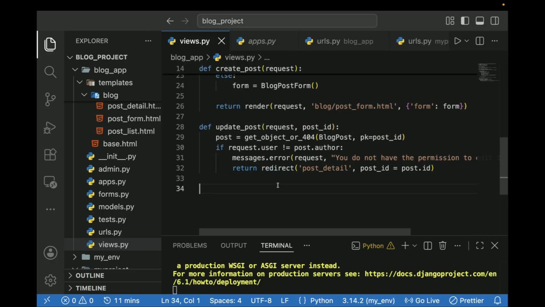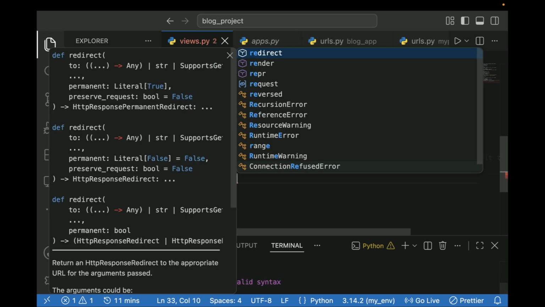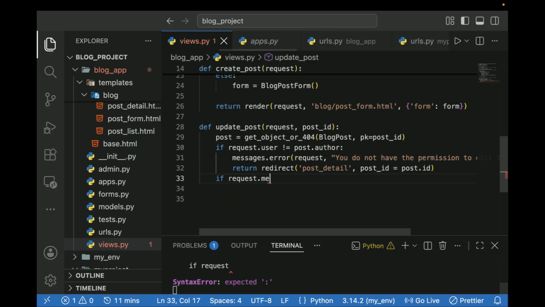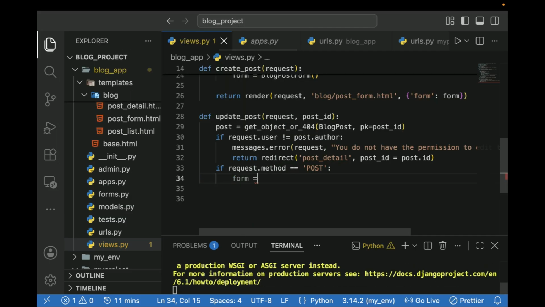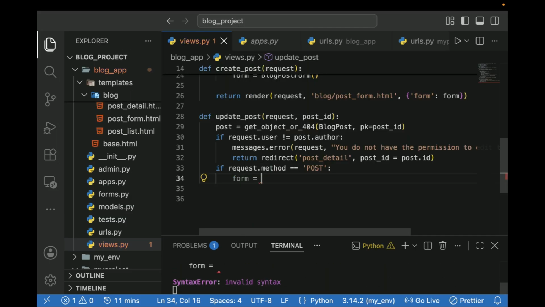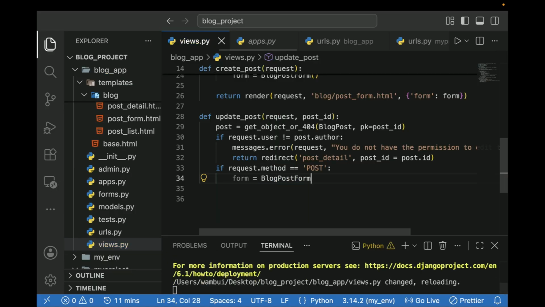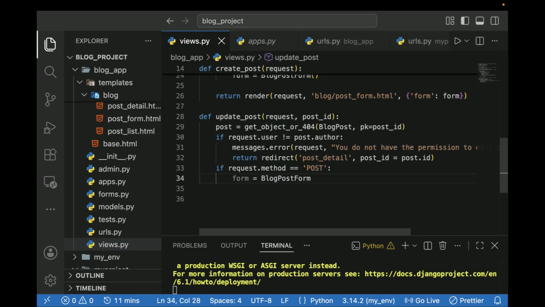All right, so that is the first thing that we need to check. The other thing is, because we are editing, of course, we're going to be making a POST method, like you edit and then you send. So the next thing that we're going to check is if request.method is equal to POST, like that. If it is POST, then we're going to create a form instance. So we're going to say form equal to BlogPostForm, and this is going to take in